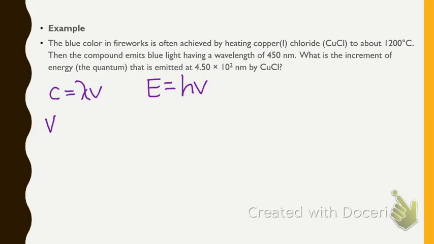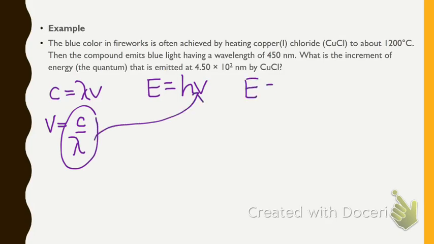So if I rearrange this, I get c over wavelength. Now I'm going to take that and substitute it in there, and I'm going to solve this all at one time, because I'm just substituting in what I would do, c over wavelength. So now I can just do it all at one time. So energy is going to be equal to